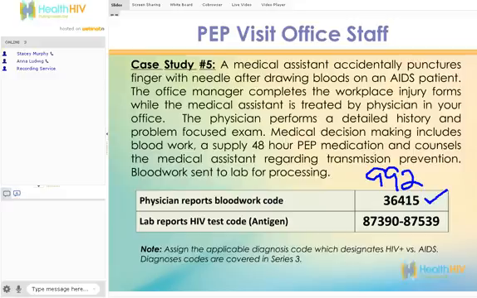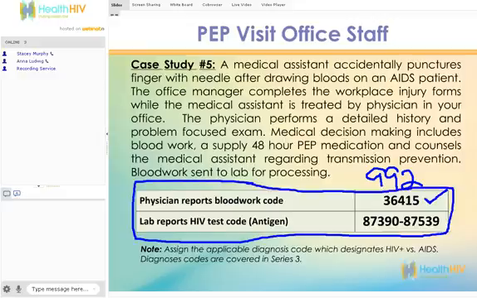So it would be one of the 99201 through 05 codes if it's a new patient. If it's an established patient, going back to last week's presentation, it would be a 99212 through 99215 with a modifier 25. But specifically to the test codes,